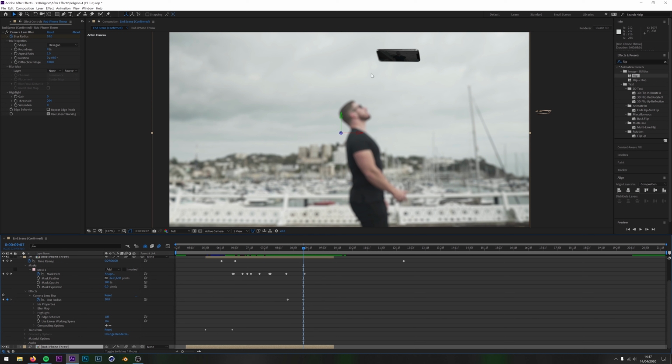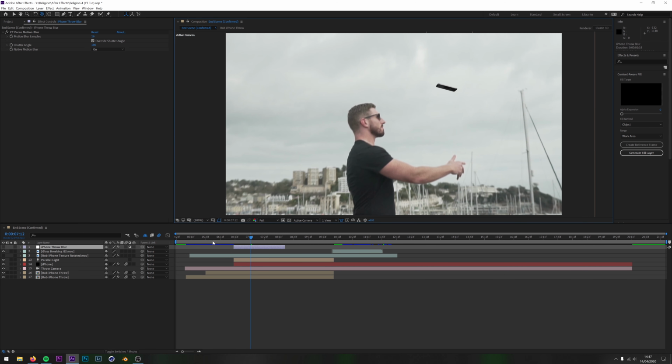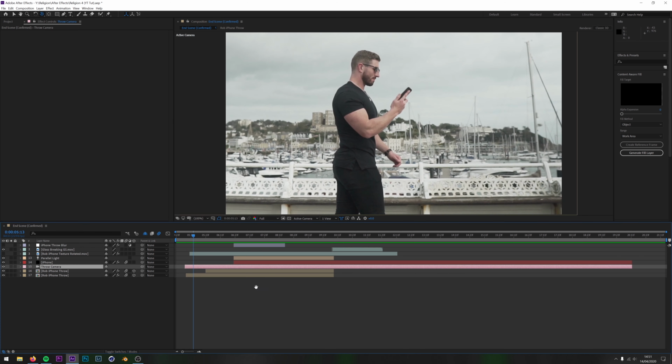Now, like I was saying, this is not important for this scene, but had this phone been thrown up in, say, a city block where there was buildings behind, then this would be essential to get the realistic effect that you probably want to go for. And that, guys, essentially is the whole effect really. So when you've finished doing all of that, I'll leave that one off for now, you get